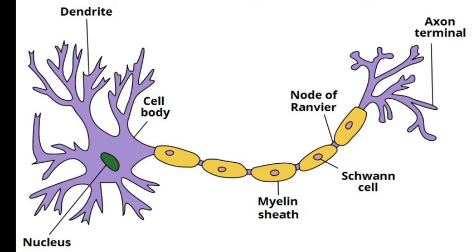So this is about the structure of your neuron. Okay, so the cell body of a neuron is like a typical animal cell which contains cytoplasm and a nucleus. A number of long and thin fibers are sticking out from the body of the neuron. They are called nerve fibers. The shorter fibers on the neuron body are called dendrites, and the longer fiber on the cell body is called axon. So the axon has an insulating and protective sheath of myelin,